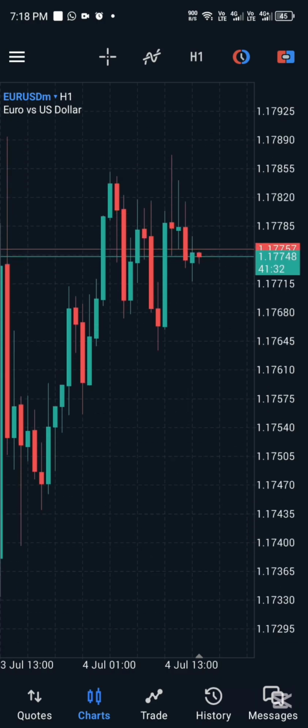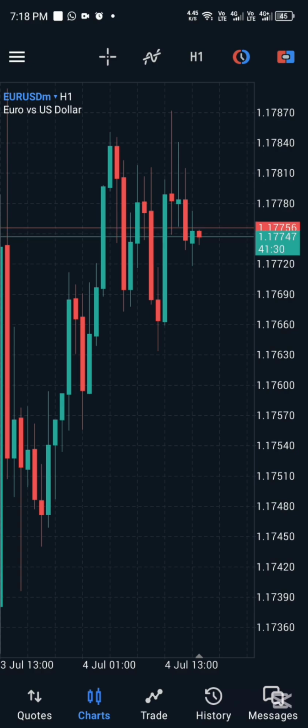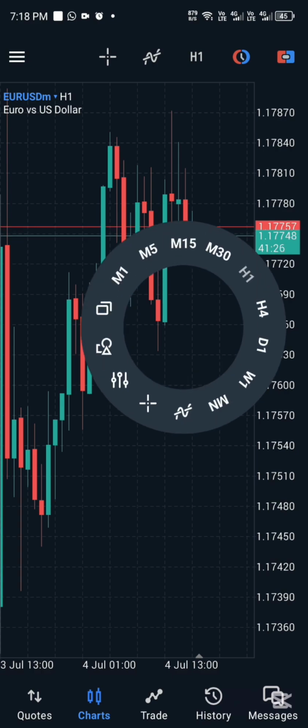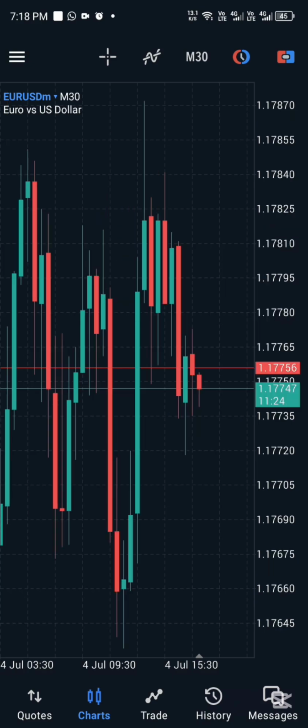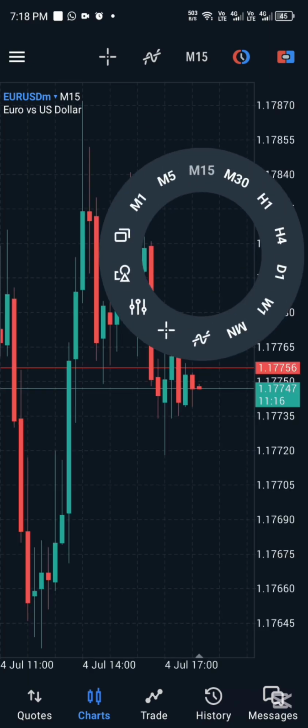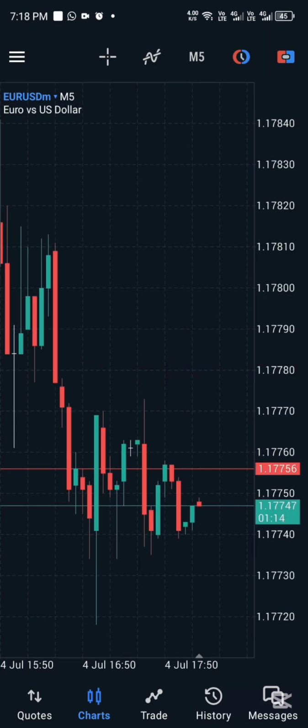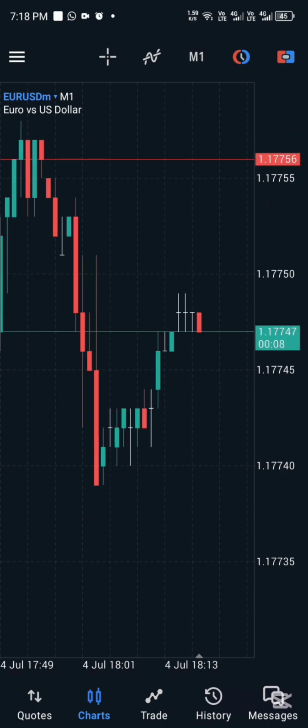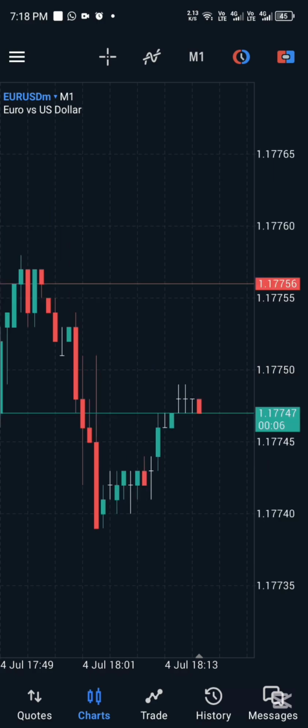On Euro USD, we have a kind of tight spread. On the 1 hour time frame, it's quite fair enough. On the M30, getting wider, but still not bad. And then 15 minutes. Okay, now 5 minutes. This is where things start to become much more alarming. We have a wider spread here, and then on the M1, this is a very, very wide